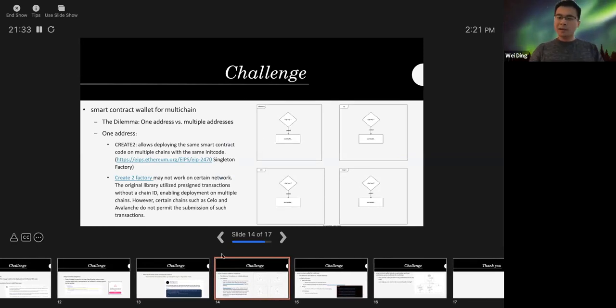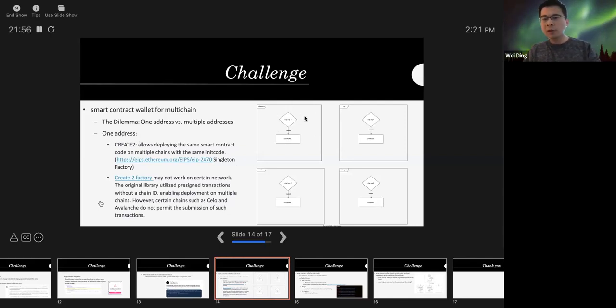And here is another challenge for smart contract wallets expanding to multi-chain. As I said before, it's technically possible, with a scheme called CREATE2. It allows deploying the same contract across different chains, but it requires the same initialization code.